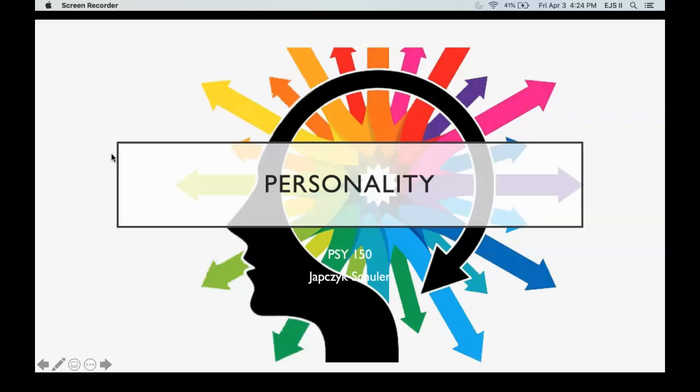So for this section, we're going to talk about personality, and I'm going to expand a little bit beyond our text, and I've included the resources that I've used for further reading in case you are interested, because our text focuses mostly on trait theories, but there are so many other theories of personality that we can look at, and so I'm just going to mention a few. I won't keep this too long, but I did want to mention them because they're very important, like Freud, of course, and Erikson, but we'll get there.